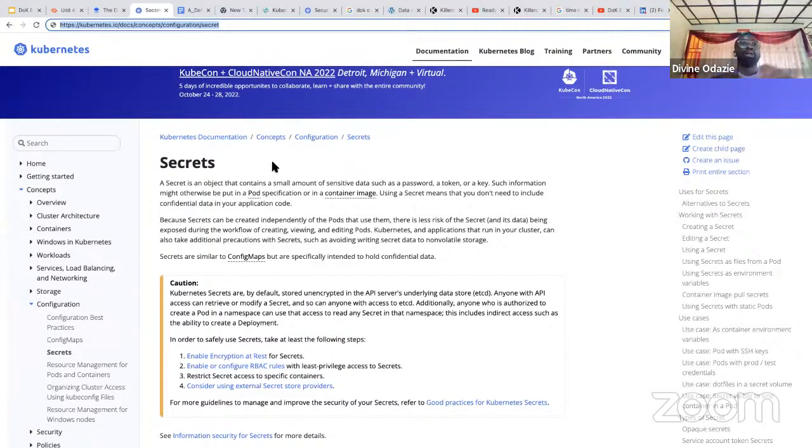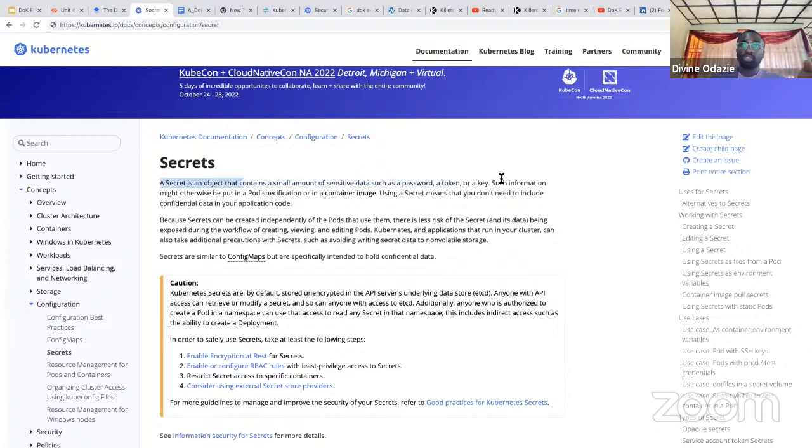So secrets is an object that contains a small amount of sensitive data, such as passwords, tokens, or a